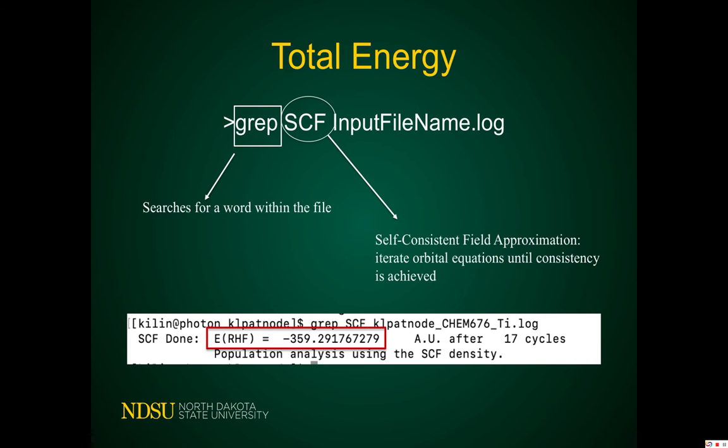And so in this way, we're finding that overall, that total energy is going to be equal to the RHF energy that we saw above in the Gaussview output. And then again, you'll have your file name and the .log file type. And I have that image there as an example of the output. And as you see, the E with that RHF was the exact same as we saw just above in the Gaussview output analysis. It's a little bit quicker than that. All you do is type one simple command after opening your file, and then you get that same information. So the next slide